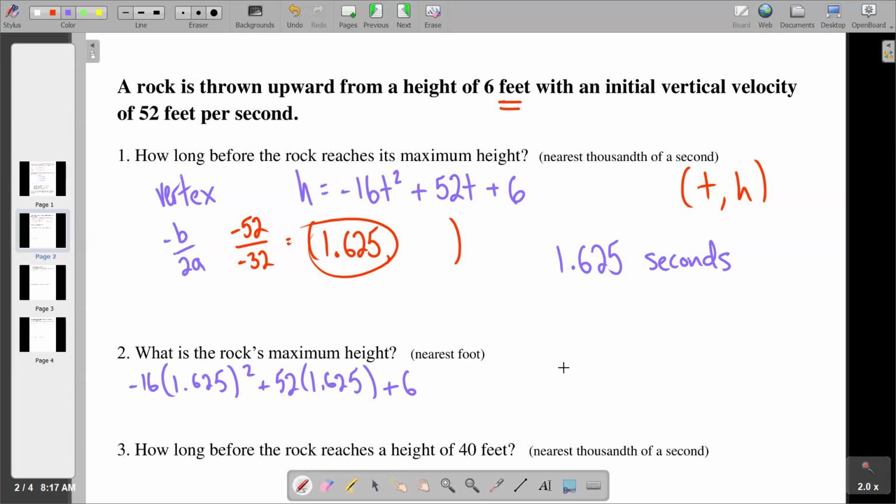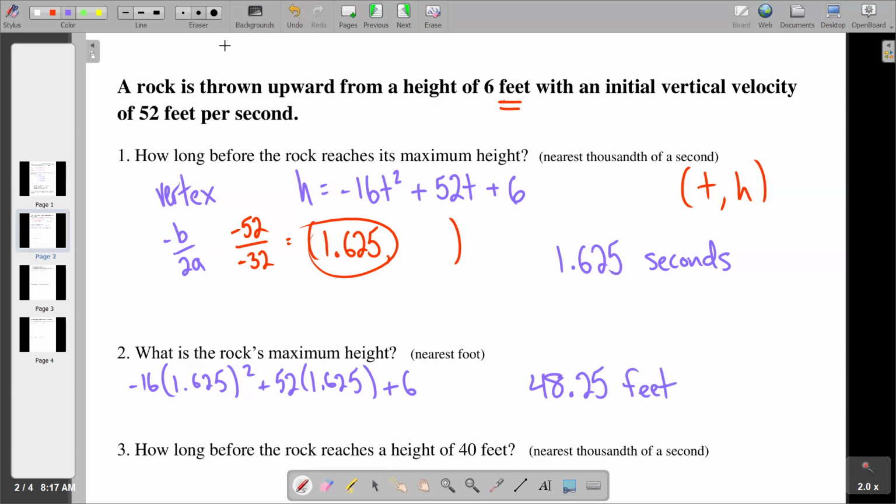It's hard to hear. So the height is this, and if you guys don't trust Kennedy, then you can go type it in yourself. But for the sake of saving time, I'm going to put my faith that she hit her buttons correctly. And she said that it is 48.25. And we need to label our answers. This is one of those times where without labels, we're just being weirdos. So the answer is 48.25 feet